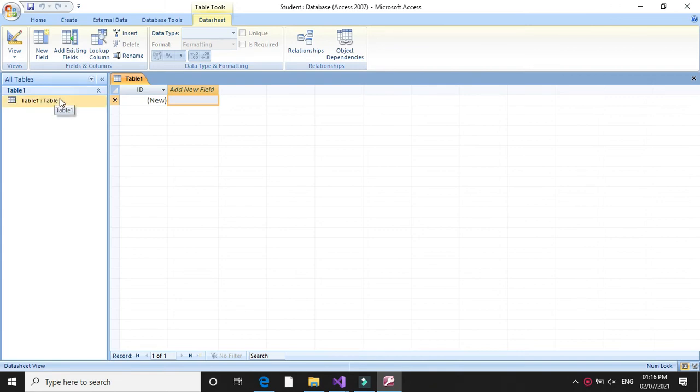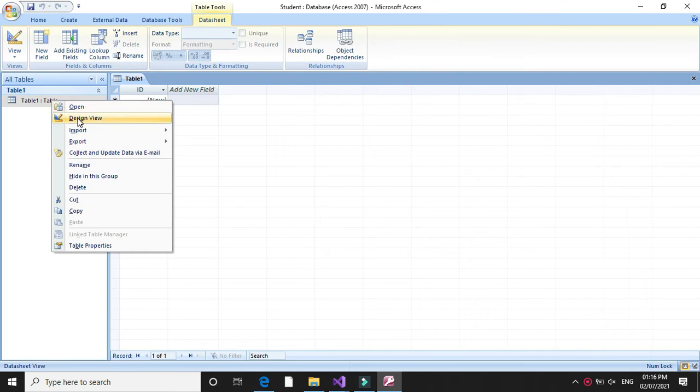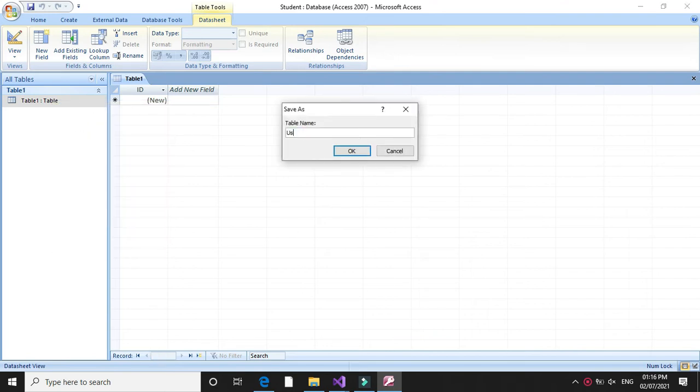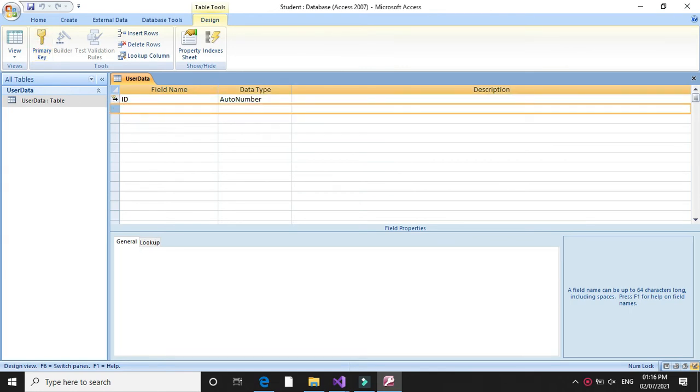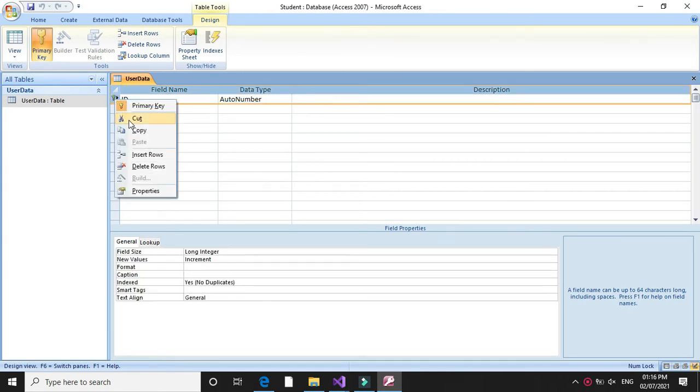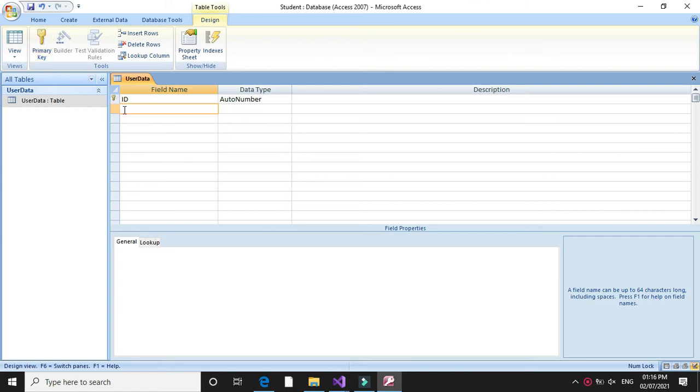It will add a default Table1 here. So I will open it in design view. I will give the name userdata. The default primary key ID is added in the table. You can reset it or you can set it, or you can write your own primary key in the table.